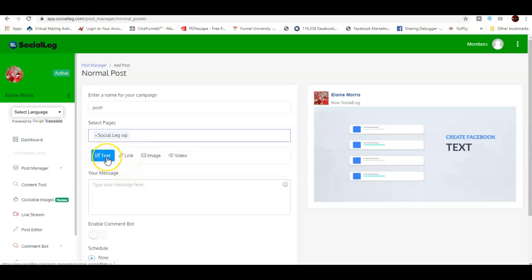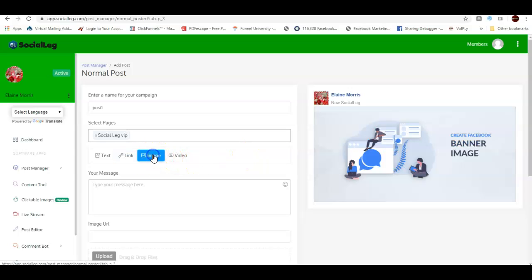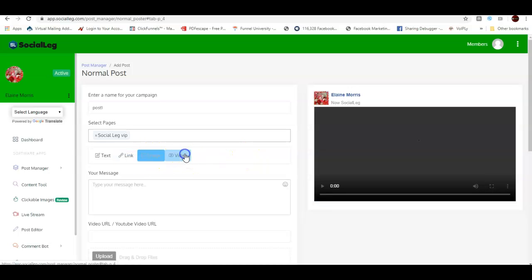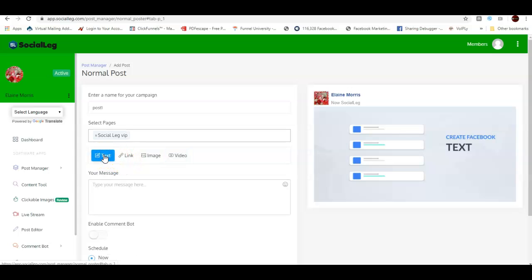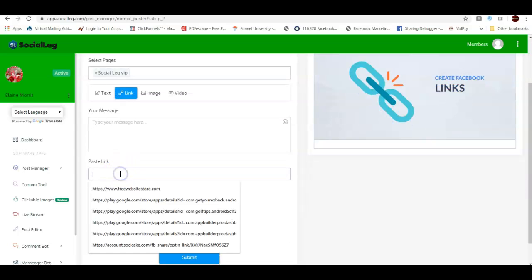actual fan page. Now this is where we could use just text if we want to. We can put a link in there and it will bring up the picture over here. We can put an image in there. We can do a video. We can pretty much post whatever we want with this part. So for this one, I'm going to go ahead and put a link, and let's go with,